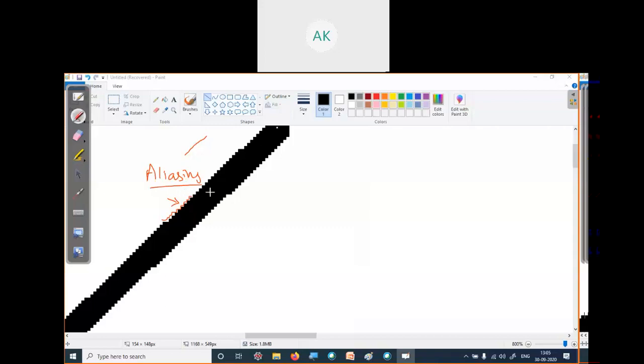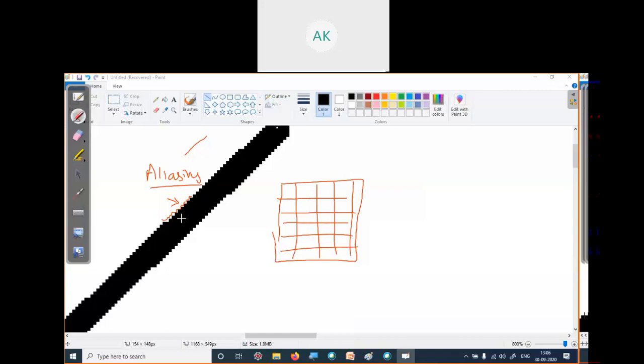Aliasing effect is the appearance of jagged edges or jaggies in a rendered image. We are considering our screen as small pixels. This is the kind of structure our screen has. So when we plot an object or simply draw a line, we see this kind of appearance. This effect we call aliasing.